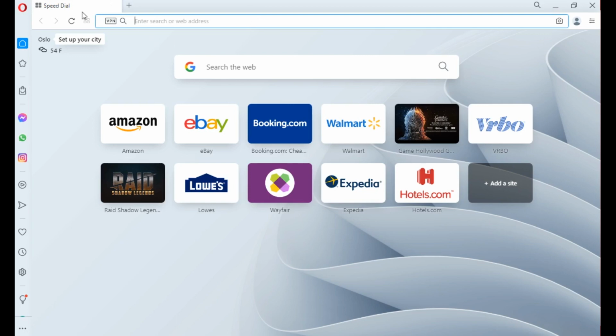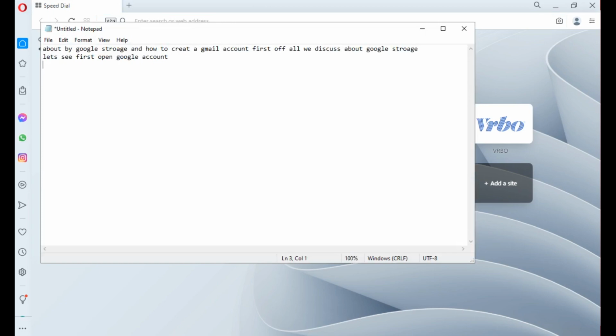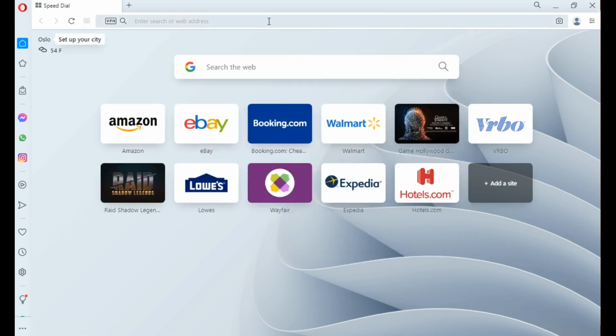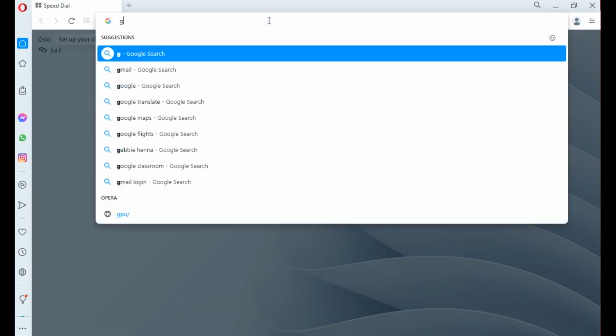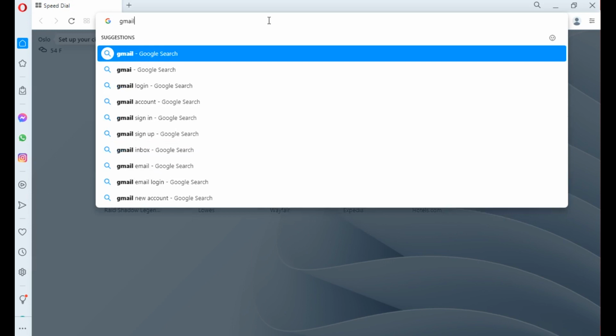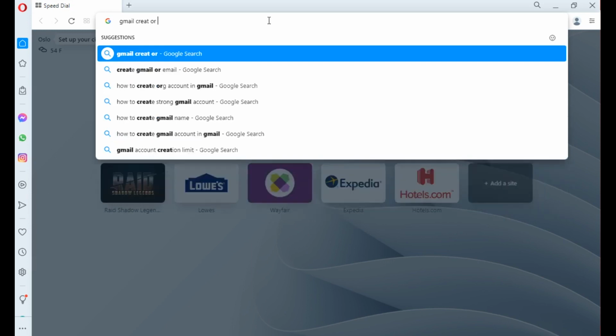First of all, we open the Opera menu. Now we search on Opera for Gmail, create a Gmail sign up.